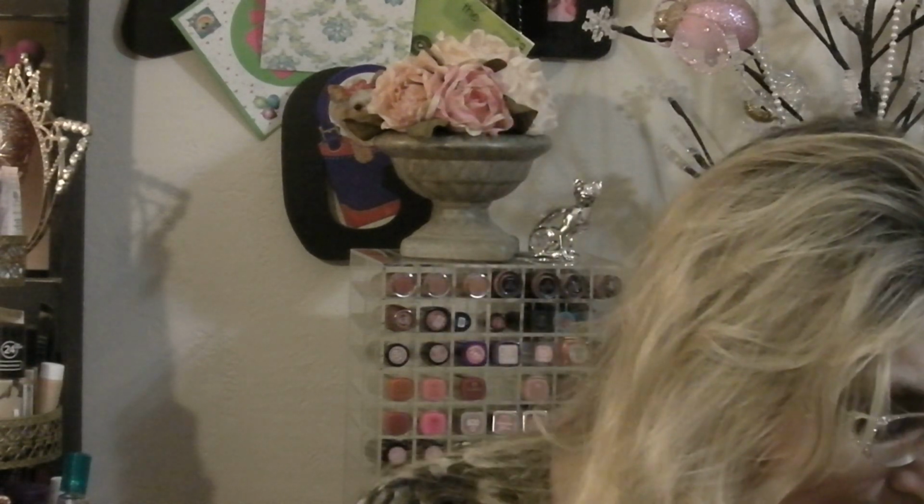I'm going to put that in the giveaway box. Here is a Milani Gold Glitter. I'm going to get rid of that. I'm going to keep this Revlon Green and Silver. I'm going to keep this Laura Mercier A. I'm going to keep this